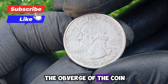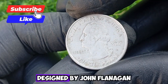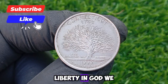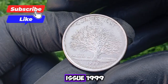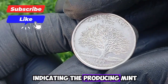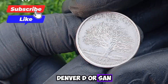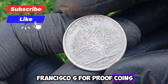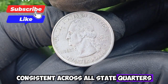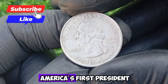The obverse of the coin features the timeless profile of George Washington, designed by John Flanagan, along with the inscriptions, Liberty, In God We Trust, the year of issue, 1999, and a mint mark indicating the producing mint, whether Philadelphia, no mint mark, Denver, D, or San Francisco, S for proof coins. The obverse remains consistent across all state quarters in the series, providing a familiar and unifying image of America's first